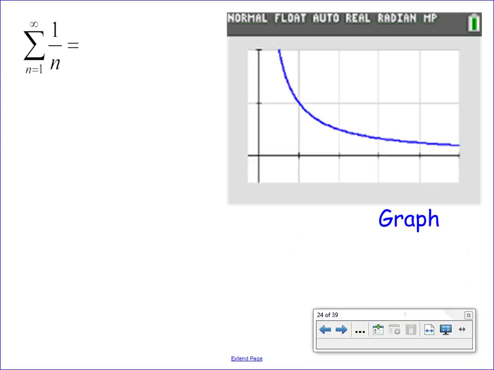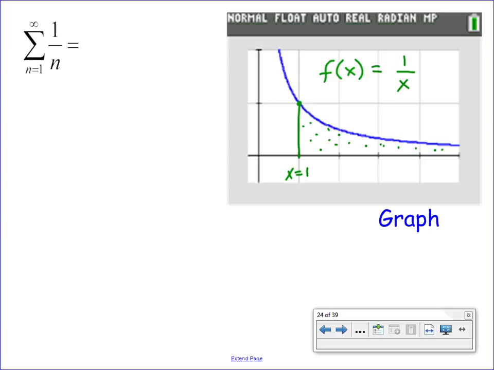That is to say, our series is a collection of finite values added together. Our graph of f of x equals 1 over x, which is what I used in the emulator here, is a continuous function defined for all real x inputs. If we were to start at x equals 1, and again consider my area case,